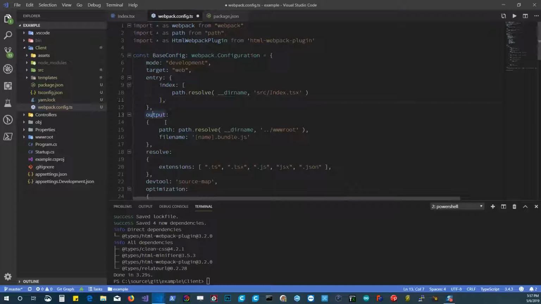And that's where this output section comes in. We're saying where we want to put it right here. And then this is the pattern: how do you want to name these bundles that we create? So we're just going to say the name. This is the entry name. So it's right here. So this would be